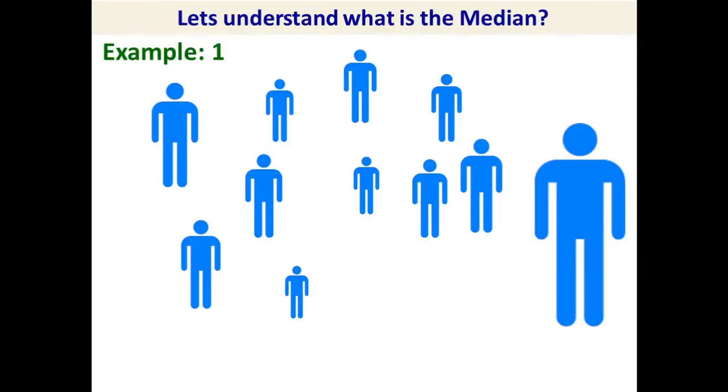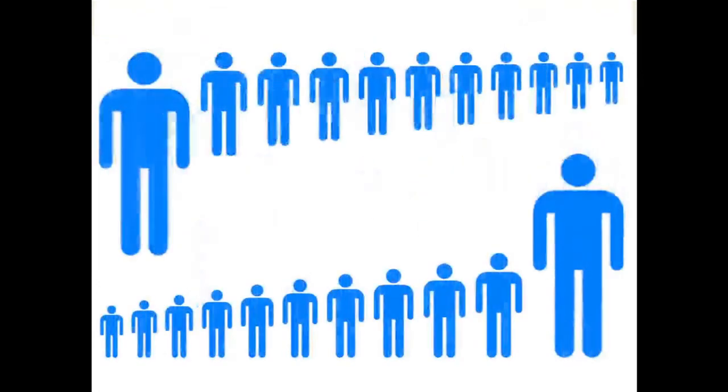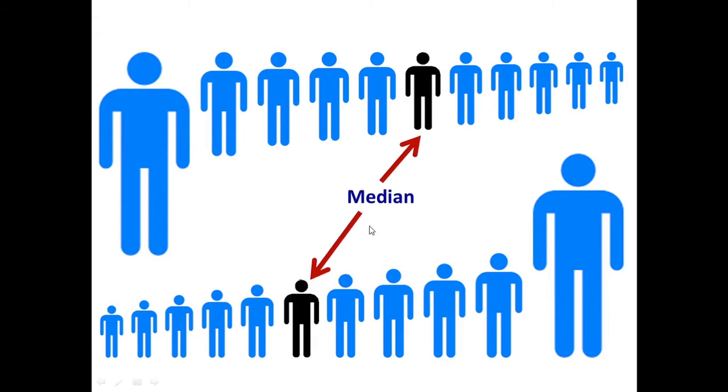But first we have to understand what median is. To determine the median value in a sequence of numbers, the numbers must first be sorted or arranged in value order from lowest to highest or highest to lowest value. The median value is the number that is in the middle with the same amount of numbers below and above.